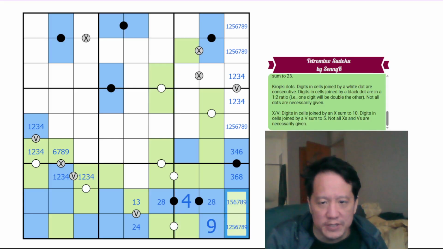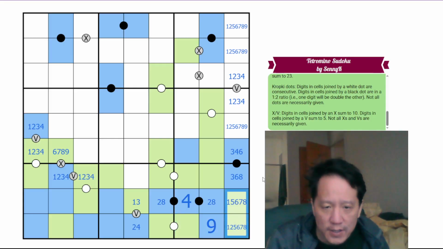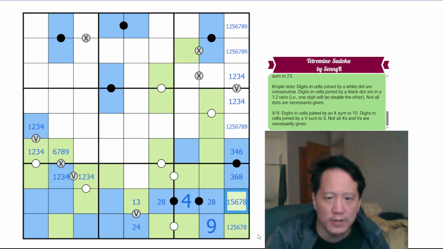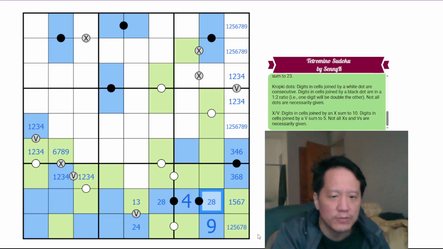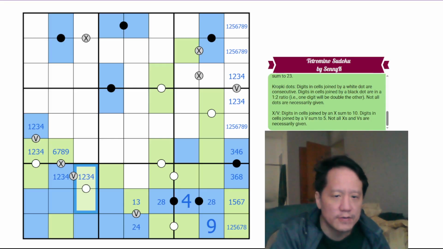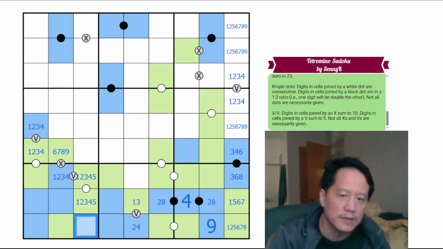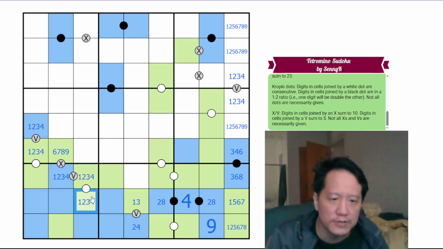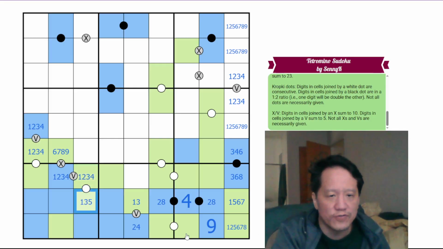This is 9, which eliminates 9 in the rest of the box. This can't be 8 because of the 2 8 pair in the row. These are consecutive. So this is 1 through 5 here. I don't know how I included this one. This cannot be 2 or 4 because of the 4 in the row and the 2 8 pair in the row. So this is 1 3 5, which makes this 2 and 4 here to be consecutive